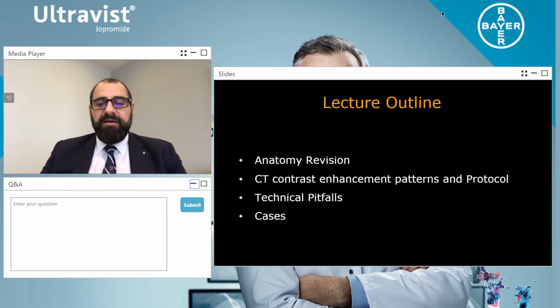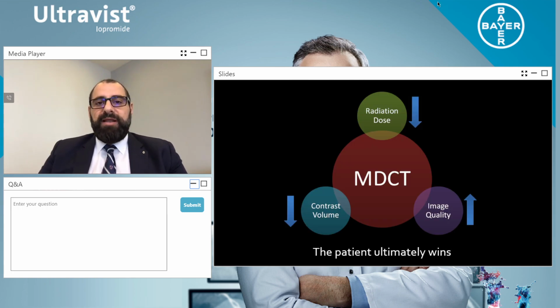If we look at why we are imaging, what is our philosophy, what is our drive, we consider these three components: reducing radiation dose, reducing contrast volume, and increasing image quality. If we put those three parameters at the center of our universe when we're designing imaging protocols, then we are able to accurately, effectively, every single time, give consistent image quality to radiologists for their reporting.